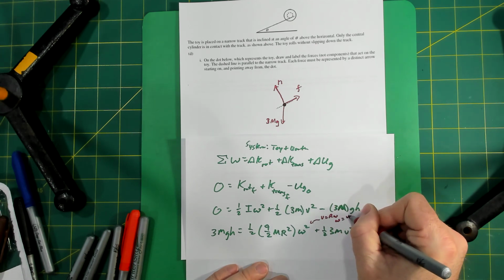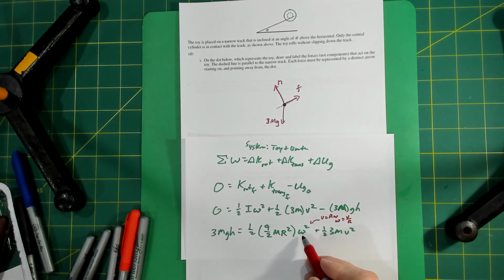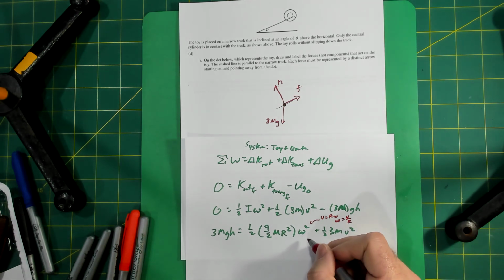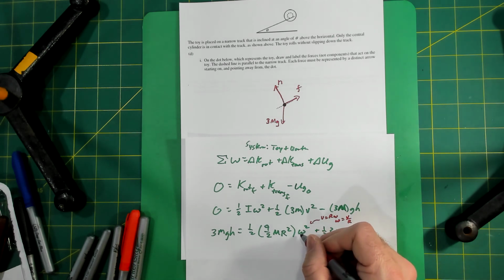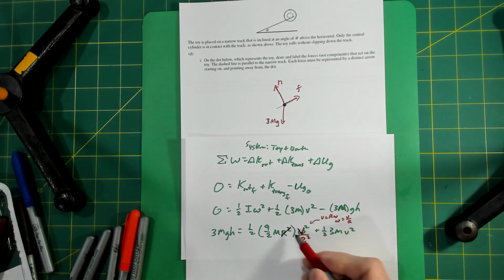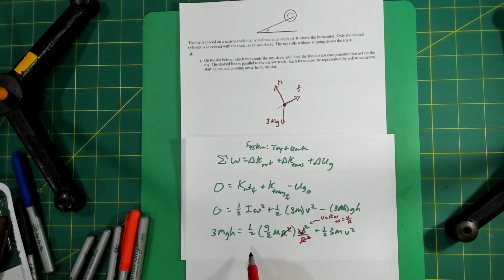So omega is v over r. So omega squared would be v squared over r squared. Heck with it, I'm going to do it right now. It's going to be v squared over r squared. Sorry. And then this r squared and that r squared will cancel. So now I have